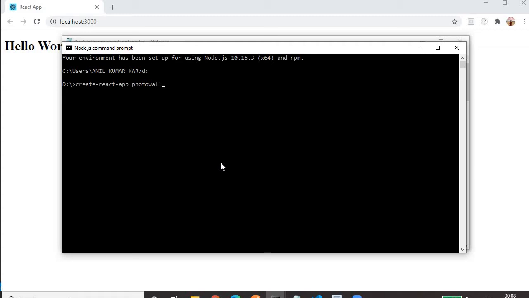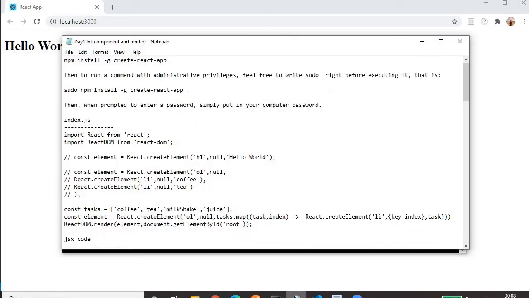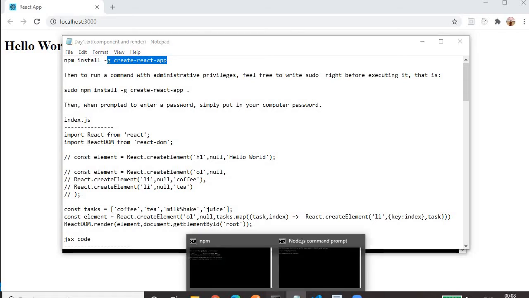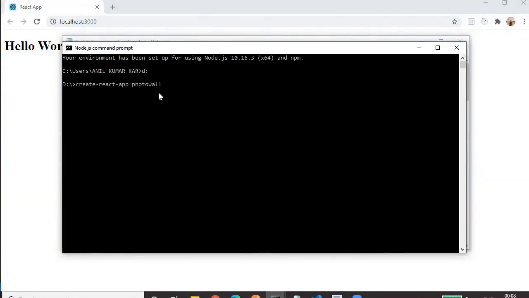Then press enter. If you see, we are using create-react-app. How are we able to use it? Because we have already installed create-react-app globally. For using create-react-app in the command prompt for creating the project, we have to install it globally on our machine.